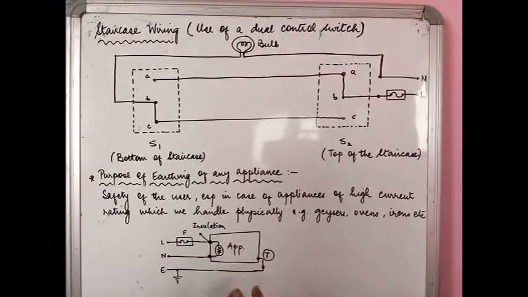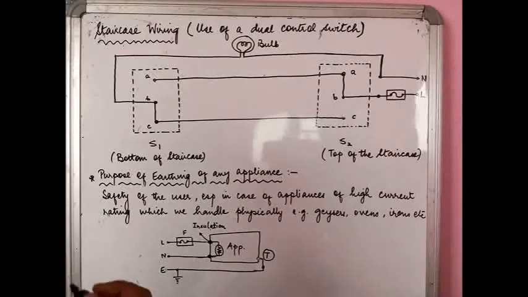Right from the back portion of most of the appliances, you will see a similar terminal, for example at the back of the refrigerator down below. A small portion of the paint is scrubbed, and the moment you scrub the paint, you will see the metallic portion. From that metallic portion, a terminal is coming out. That terminal has to be connected to the earth wire, or to the earth terminal.